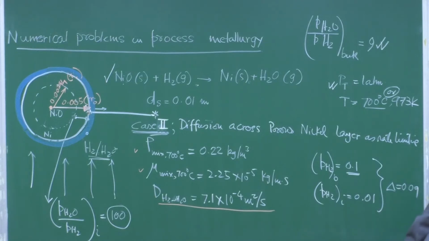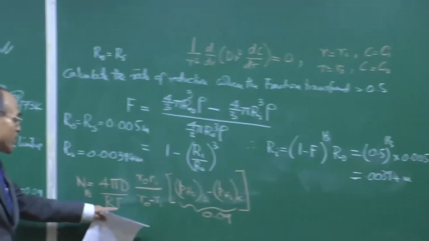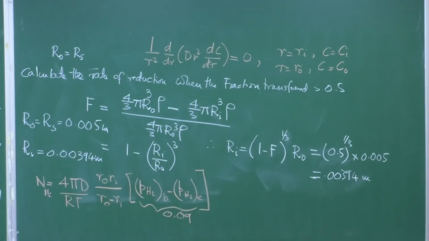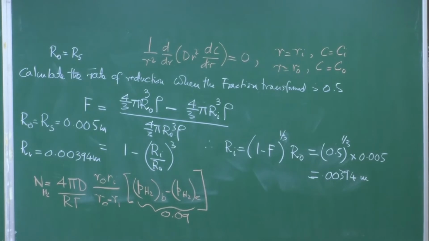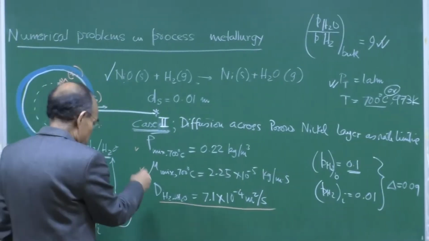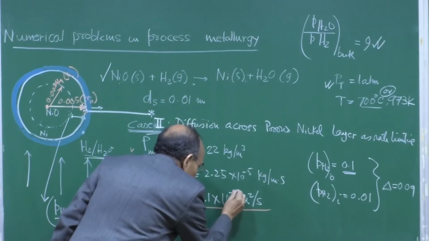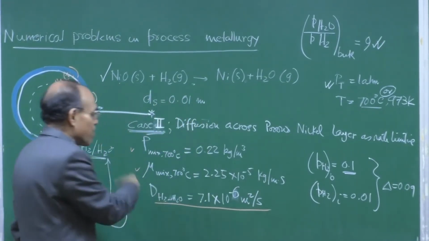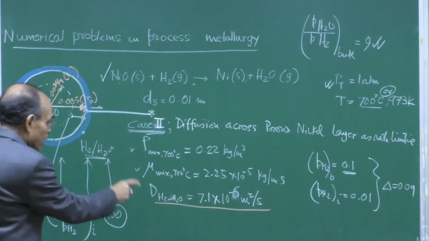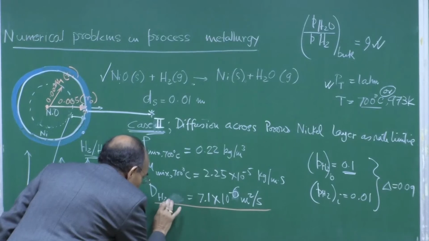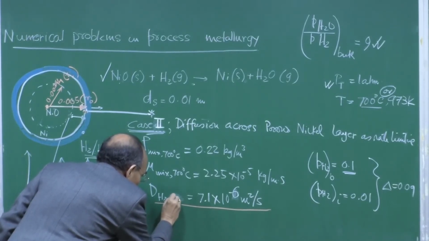We have already found that this value is 0.09. The value of R is known to us, T is known to us. For the diffusion coefficient, we can use a first approximation, noting that it is not exactly applicable, but the value should be given to us. Suppose this value is 10 to the power minus 6; that is the diffusion coefficient of hydrogen through nickel,